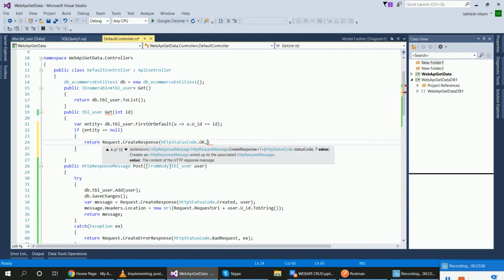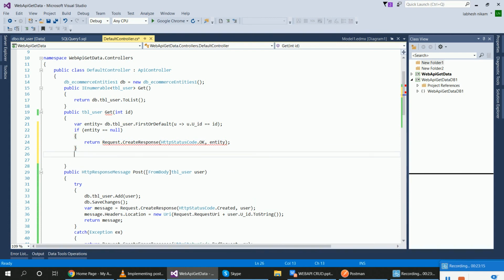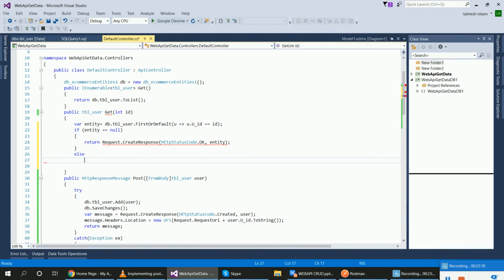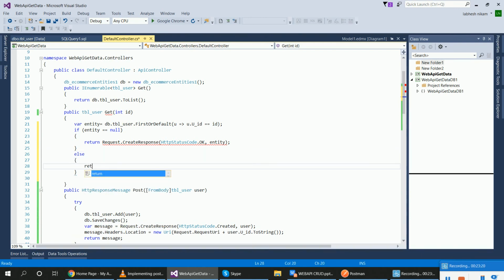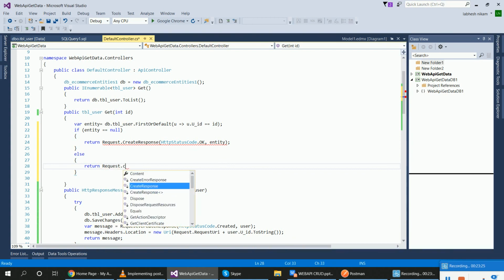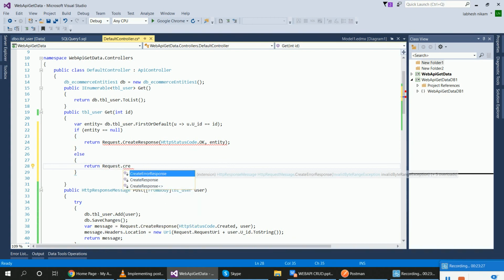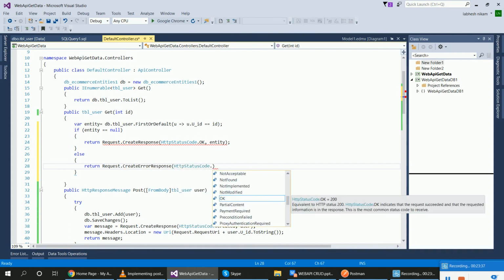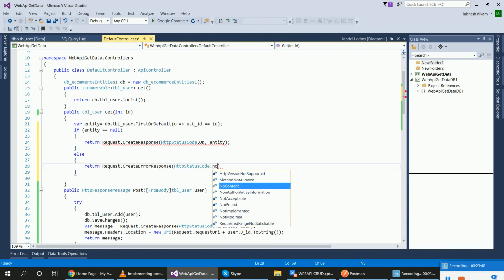You will return entity. Else, return request.CreateErrorResponse, if not found, HttpStatusCode.NotFound,